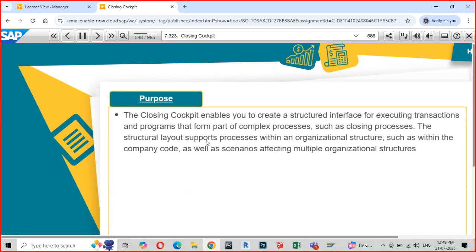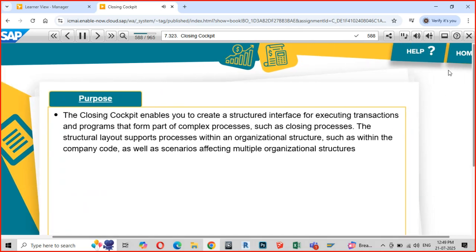Here we create templates, which are nothing but a set of activities which we have to perform during the usual closure, with or without SA.